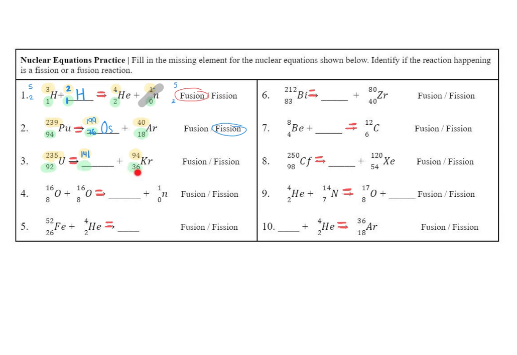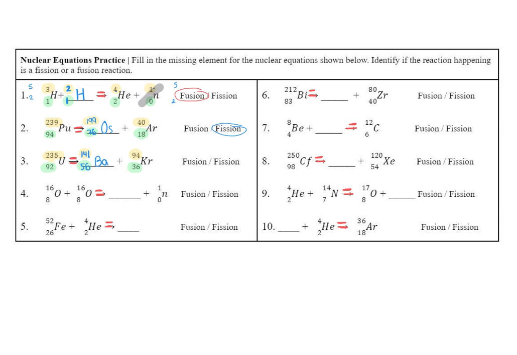Now 92 equals some number plus 36. We check 36 plus what number will give us 92, or you could think about it as 92 minus 36. That should give me 56. Double check, is 36 plus 56 equal to 92? Yep, okay. And then we look on my periodic table. The atomic number is 56. The only element that has 56 as the number of protons or the atomic number is barium, okay?